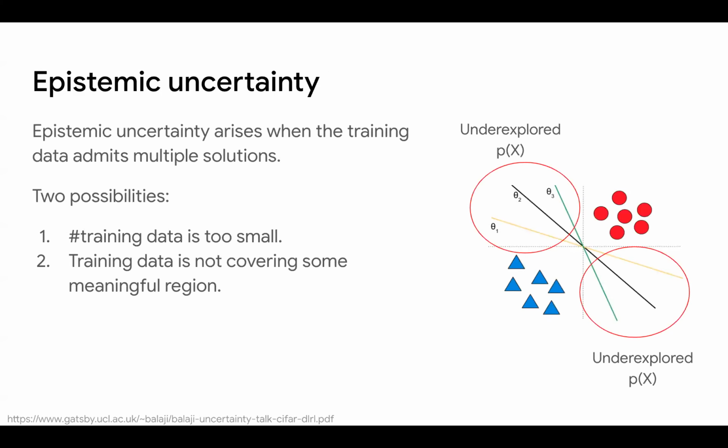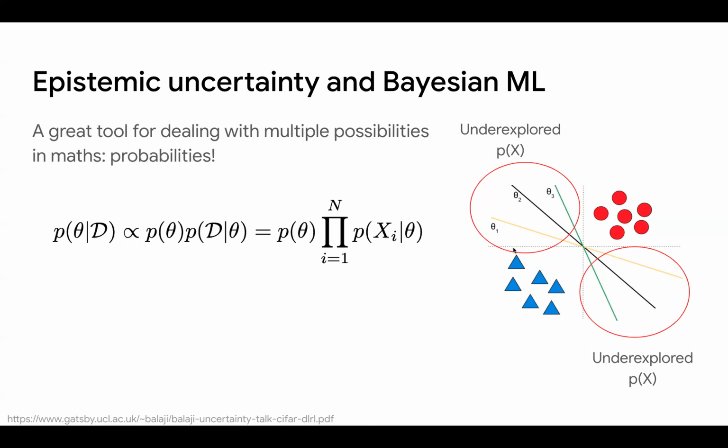Brief recap. Epistemic uncertainty means you're not sure because you have not experienced it before. So typically there are two possibilities. One, if the training data is way too small, or the training distribution is not covering all the relevant regions in the input space. So there are some underexplored areas eventually. In those cases,